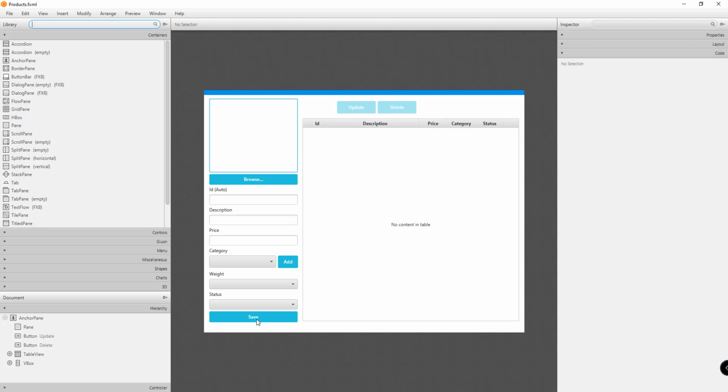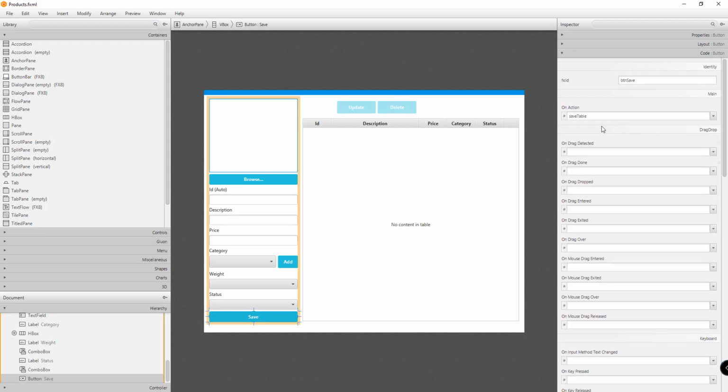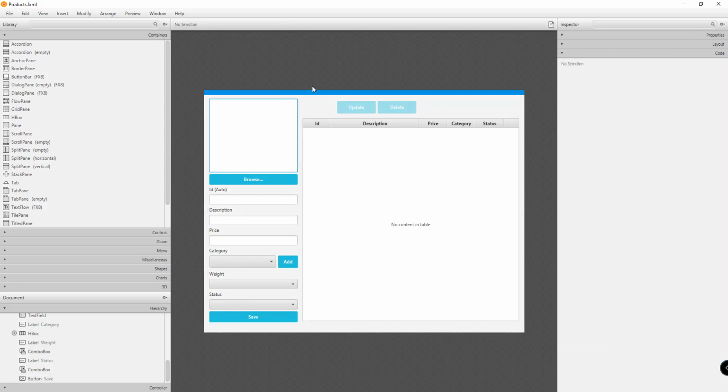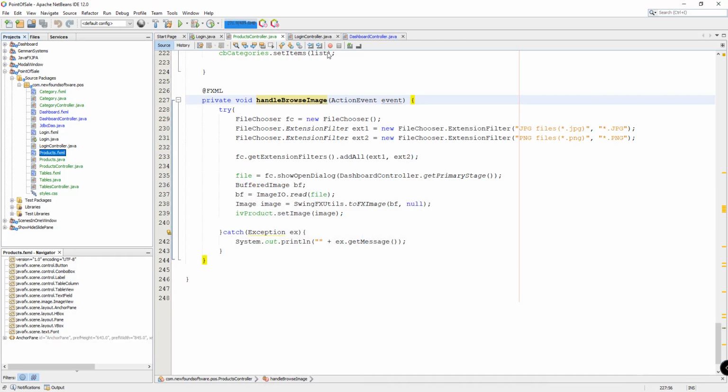save button right here. So we'll just click on this, and then it should not say save table, it should say save product, because we're trying to save a product obviously. So let's just save our layout or our fxml file, and then let's go back here